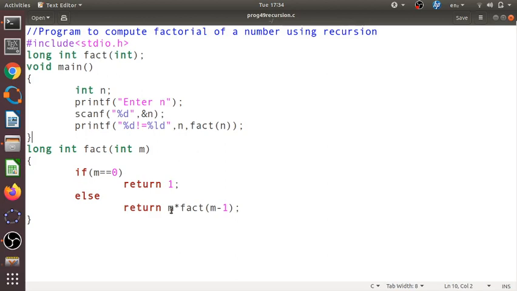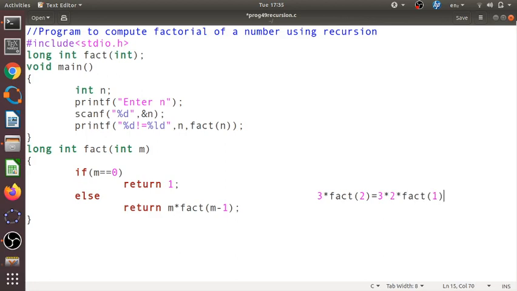So ultimately what it is returning is something like this. Let me write it here. Initially suppose m is 3, so 3 star fact 2. But again fact 2 will be called, so 3 star fact 2 will be 3 star 2 star fact of 1.